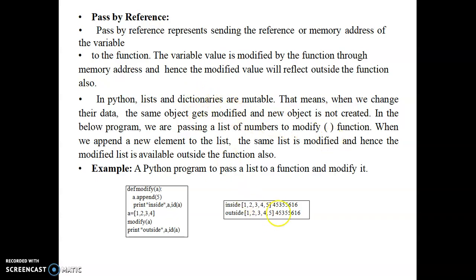And pass by reference is where we have two variables with the same names and also the same addresses. Once you are sending a value to a function, it creates another name, or the same name can be used for the variable. So you have the same addresses for the